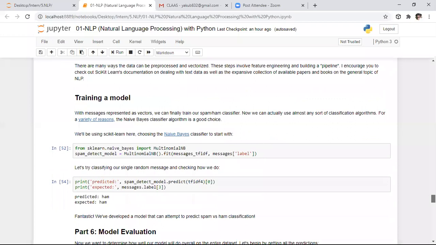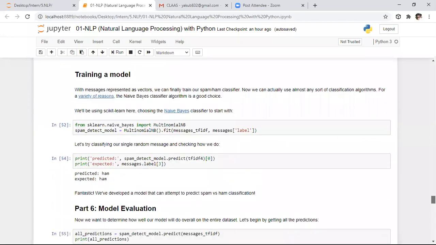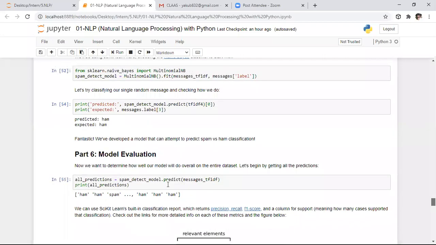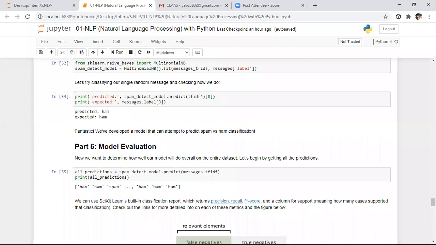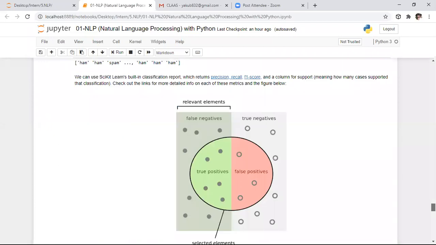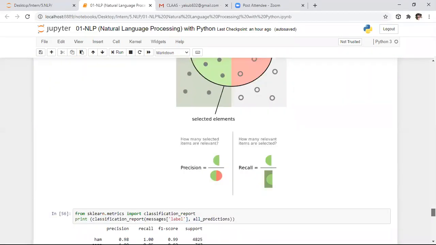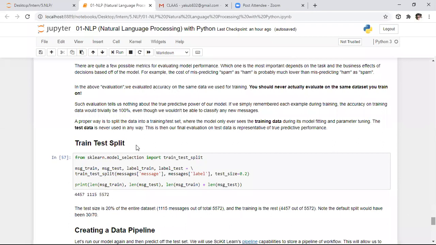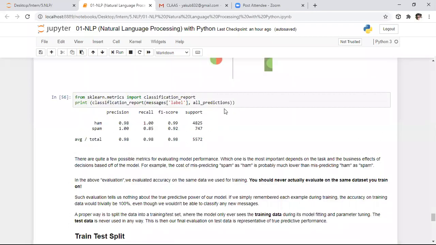I want to evaluate my model by taking the confusion matrix. Here I want to test for the entire training set, and it is giving all the outputs. After that, I want to see the confusion matrix. If you see the confusion matrix, it is giving 98%. I did not split our data set into training and test sets. Directly, I am applying it on the entire data. In such cases, we got 98% accuracy.